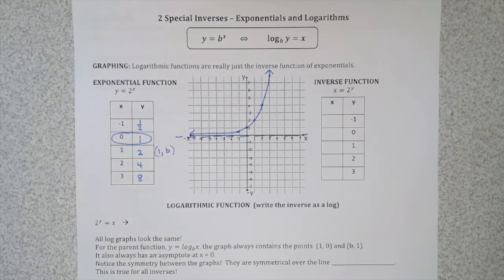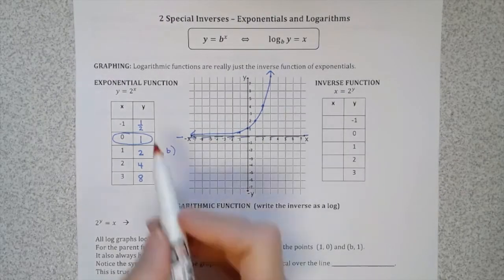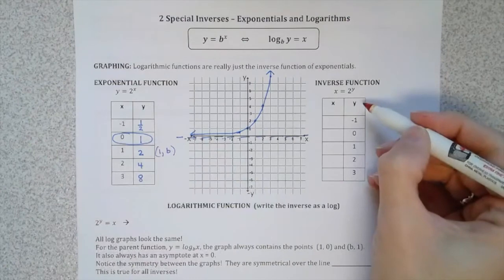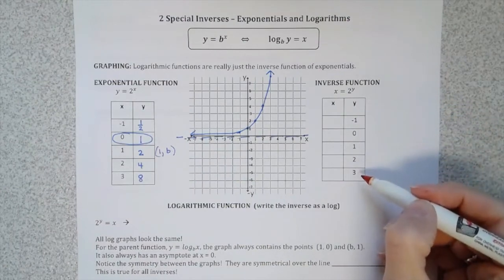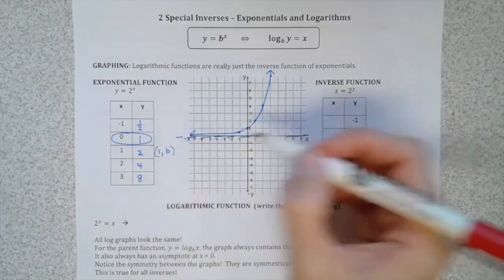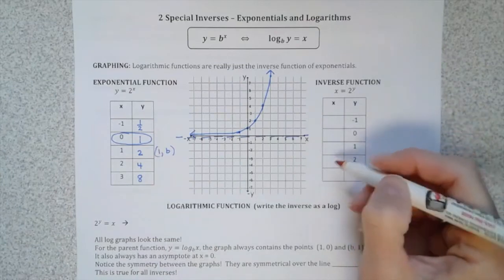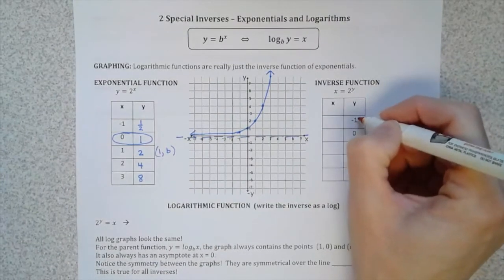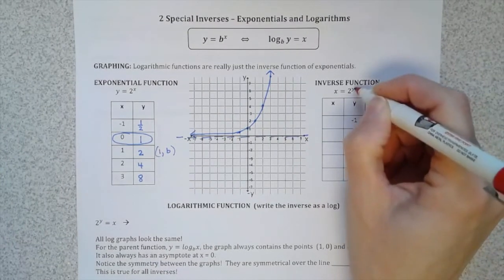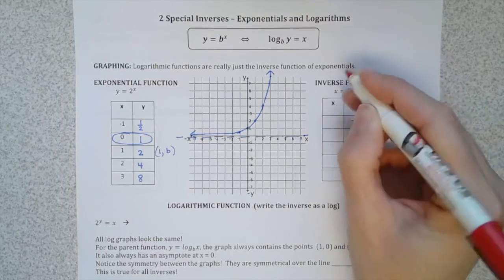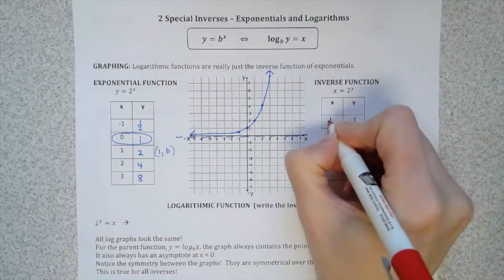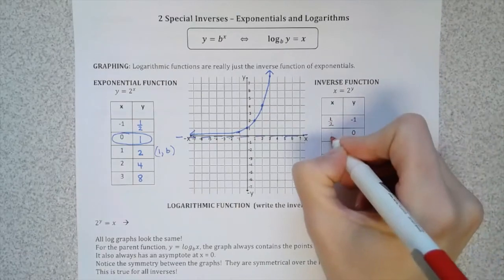Again, remember the domain and range switch places. So the x's are now my y column over here, and my y's will become my x column over here. So I'm just going to recopy them. What I could also do is take these numbers and plug them in for the y and see what the x would be. It'll be 1/2, 1,